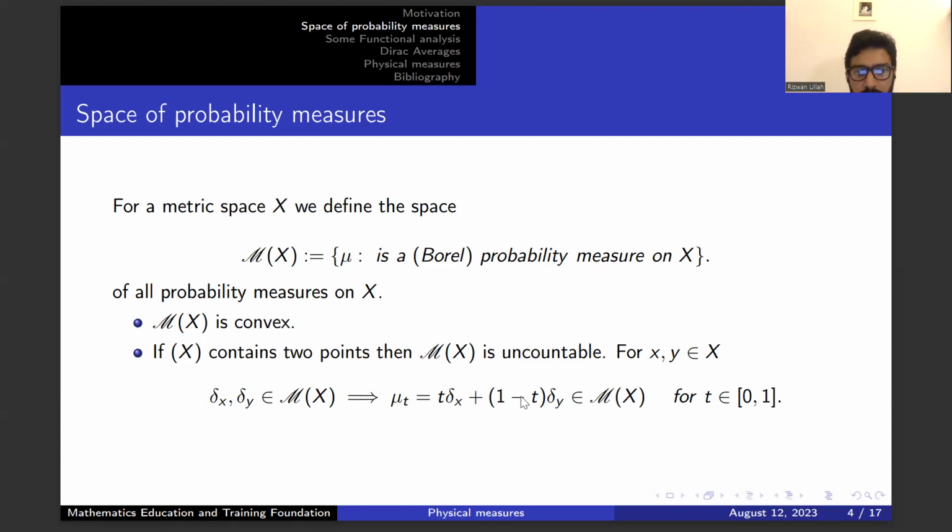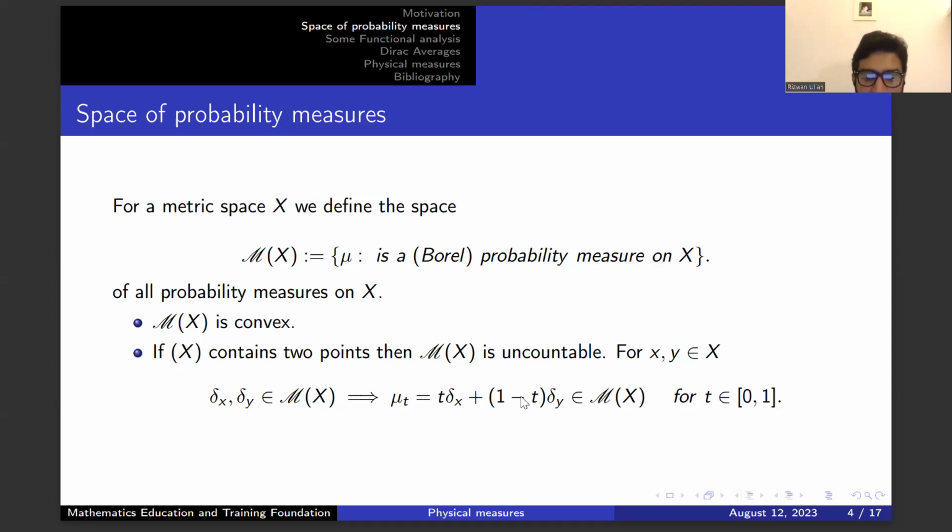In fact, it's very easy to see that the space of probability measures is actually a convex set. And because of this, if we have even 2 points in the space X, we get an uncountable collection